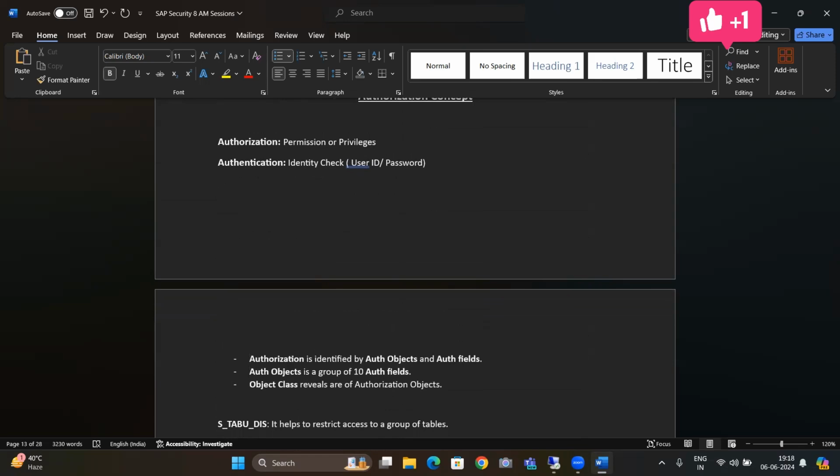So authorization is identified by authorization objects and authorization fields. Auth object or auth fields. And an auth object is a group of